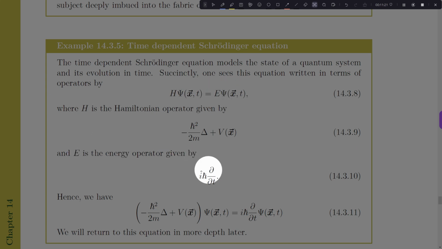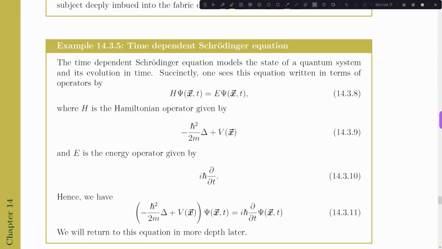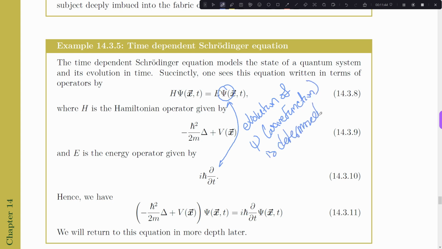So E is the energy operator, now given by this, and what this is really saying is that the evolution, let's look at this together, the evolution of a wave function psi, right, recall this is your wave function, is determined by the energy,